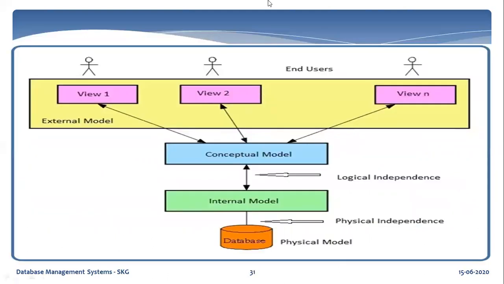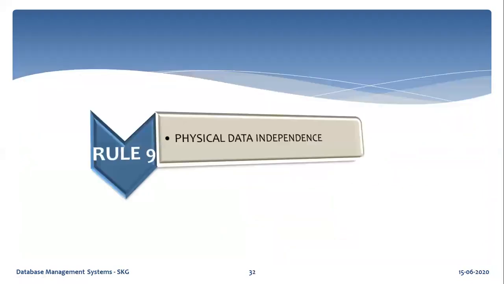Now here we can see this is logical independence, the logical view, then this is the physical view, meaning how data is stored on the hard disk, that is physical independence. Logical independence means structure, and this is the end user. The end user can see only the views. So the end user should not know the logical structure, and again how the data is stored, that is physical independence. So the end user is not concerned with these two levels.